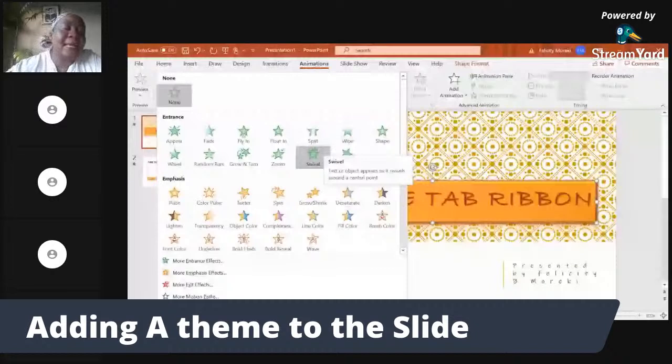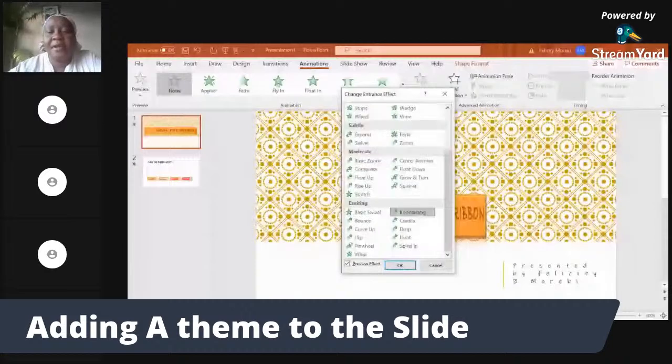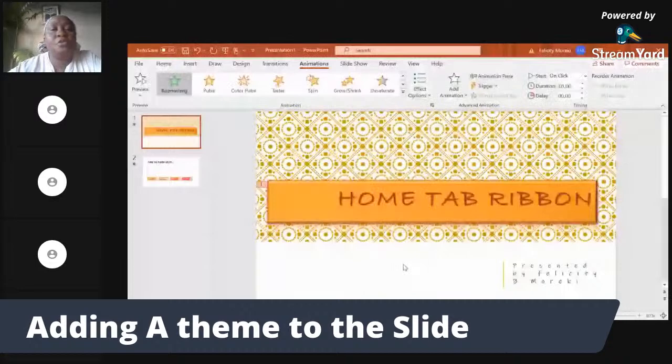Watch this. So I'm going to go to more and add, I wanted boomerang. I don't see boomerang. I like boomerang. Okay, there's boomerang. Then I add boomerang. Then after boomerang, I go to,